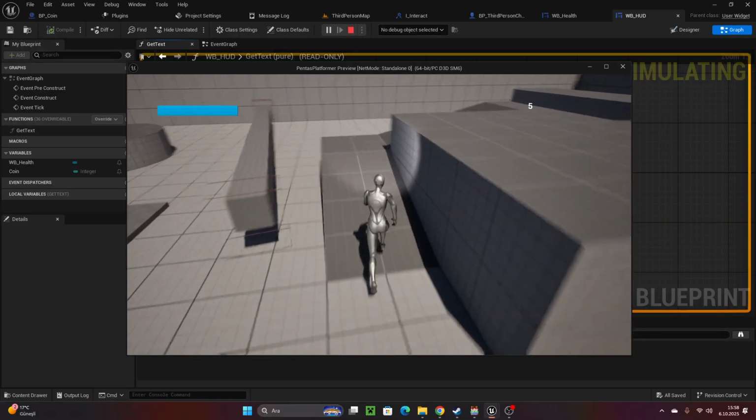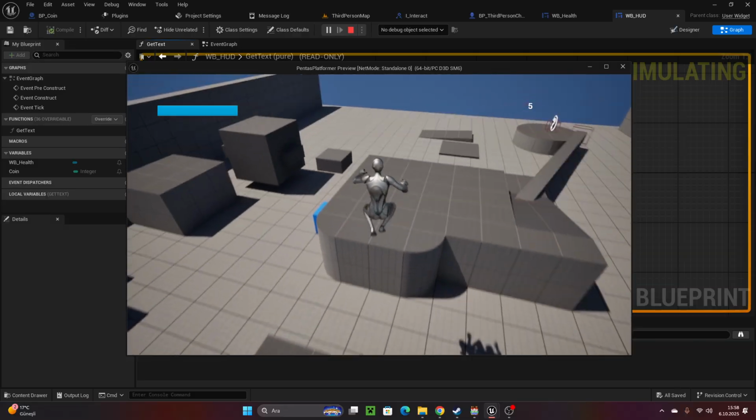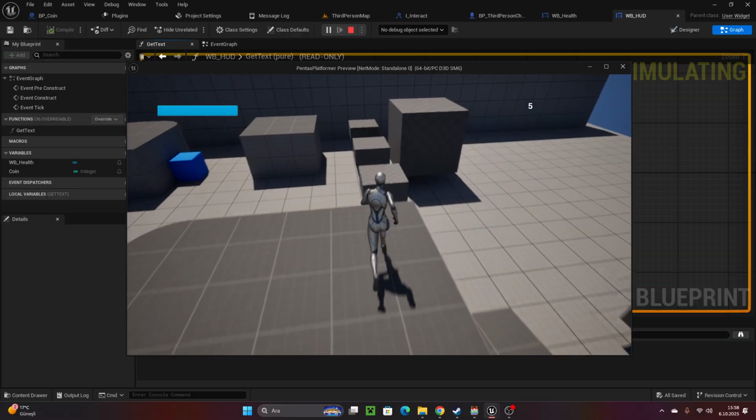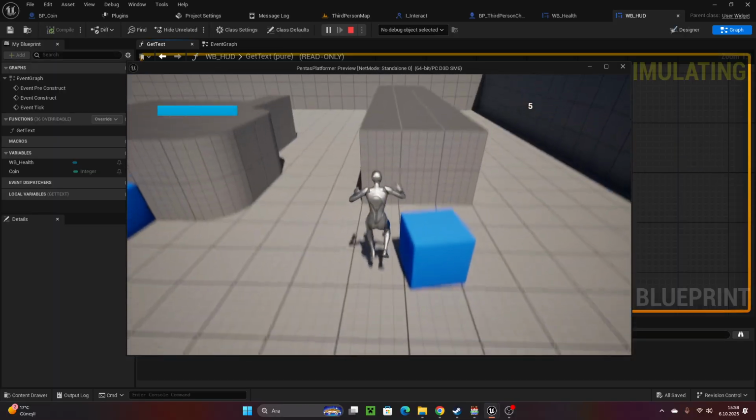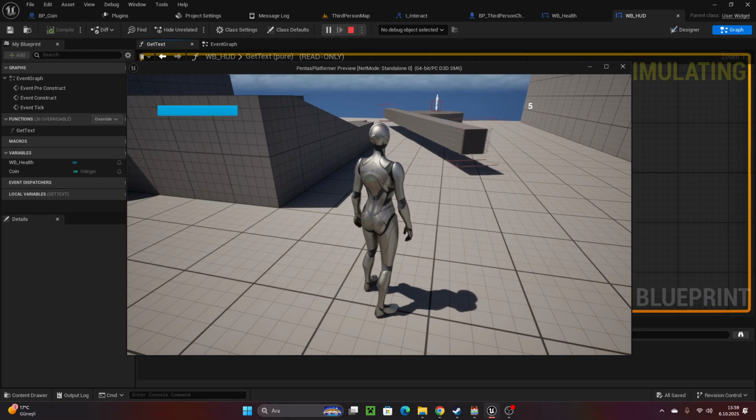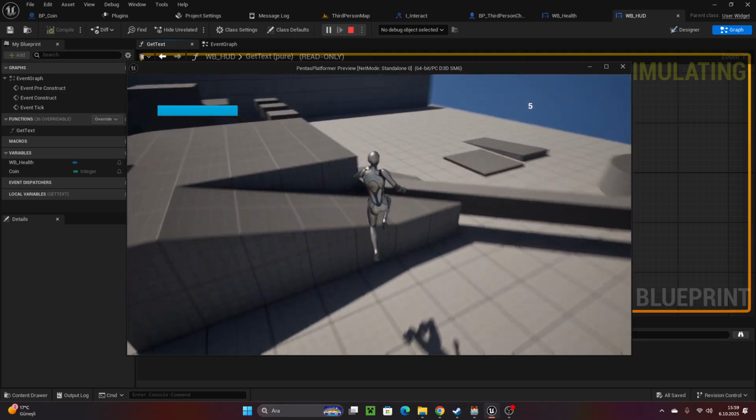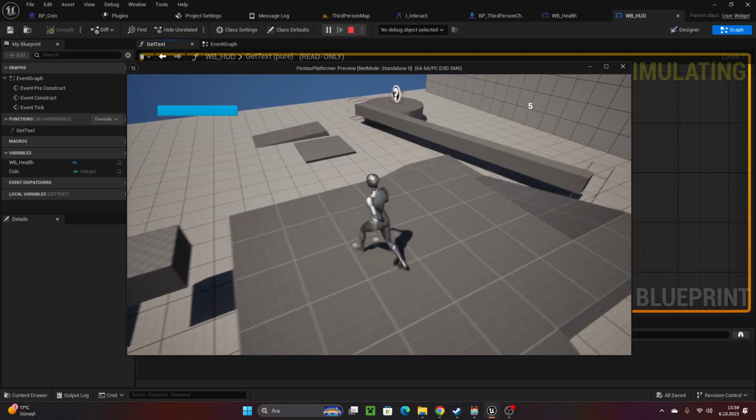Later, I hope if I create a mesh in Blender, we can update this blueprint. Also, we can add a coin texture, but right now